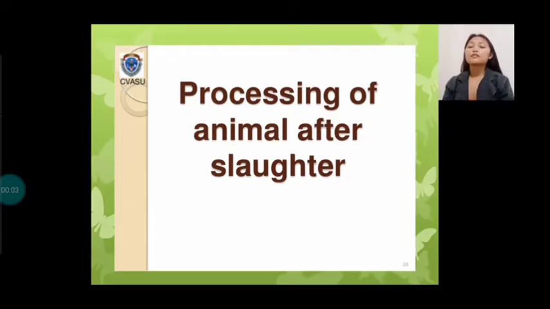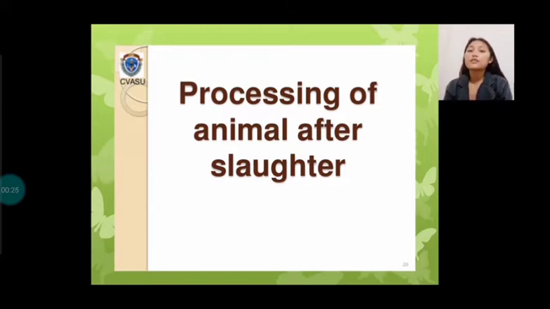Processing of animal after slaughter. After stunning, animals are usually suspended by a hind limb and moved down a conveyor line for the slaughter procedures. They are typically bled, a process called sticking or exsanguination, by the insertion of a knife into the thoracic cavity